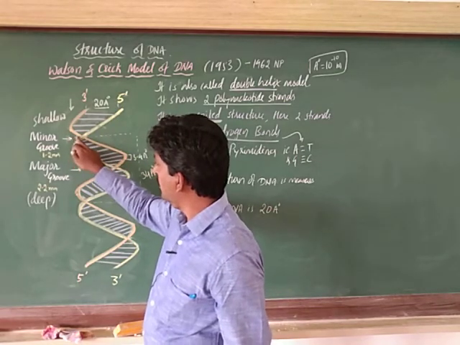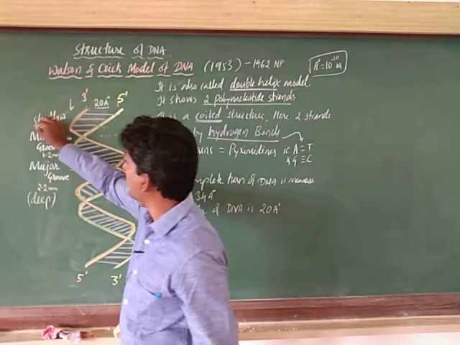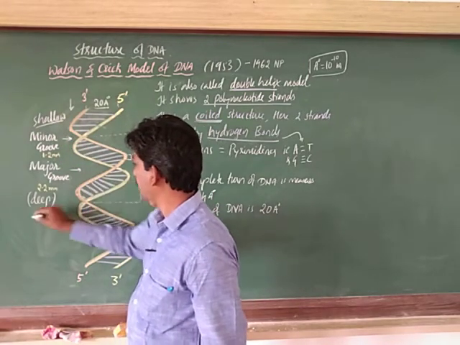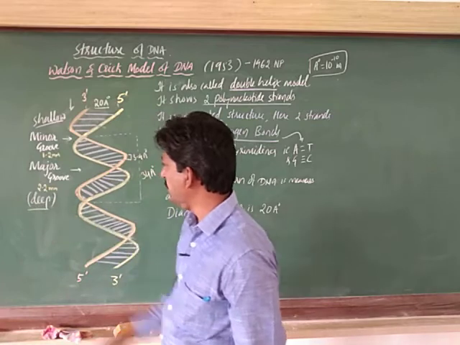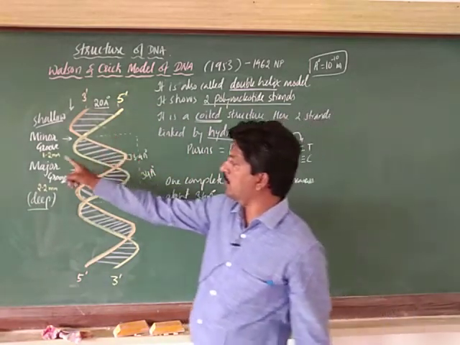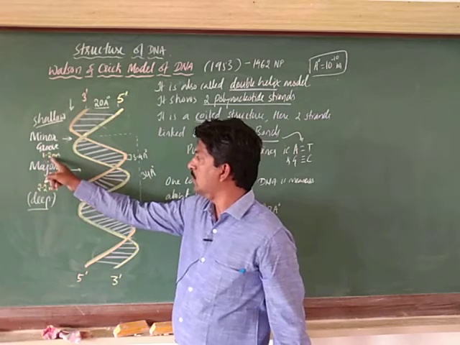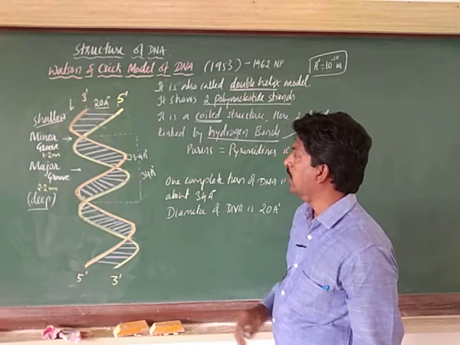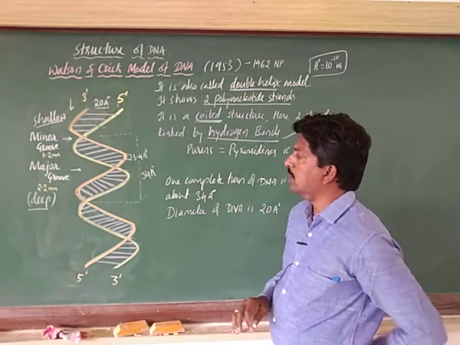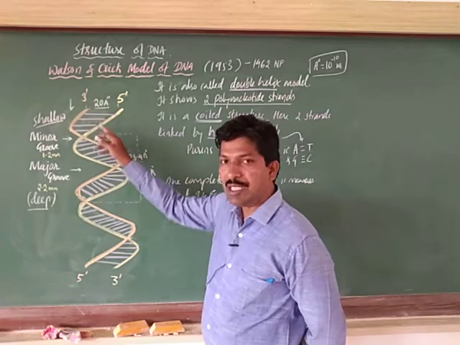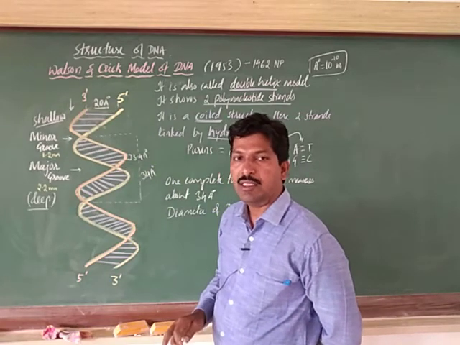Minor means it's shallow, we can say that it is a shallow groove, and the major groove is deep, so hence we also call it a deep groove. It measures about 2.2 nm, and the shallow groove measures about 1.2 nm. Okay, so this is about the length, and this model also says that the DNA is anti-parallel and